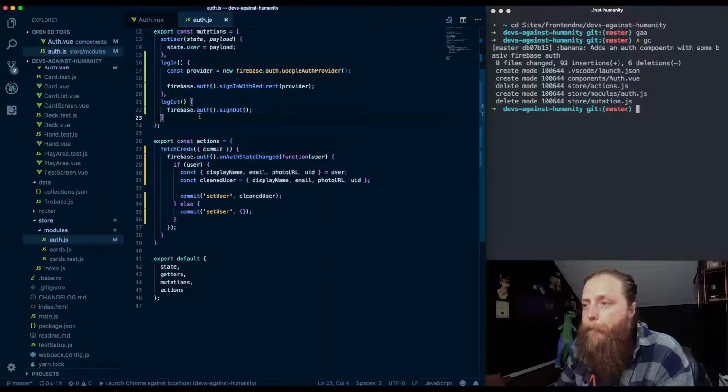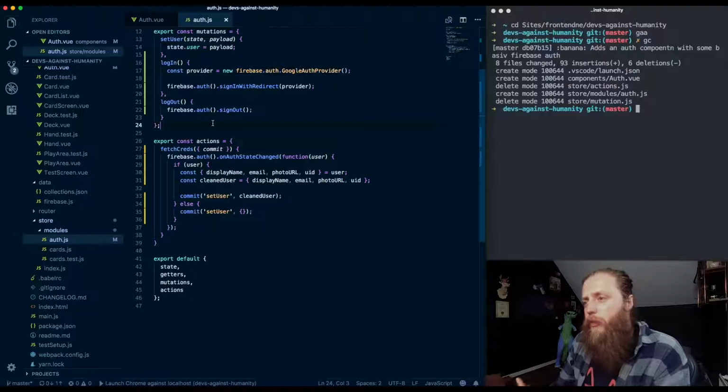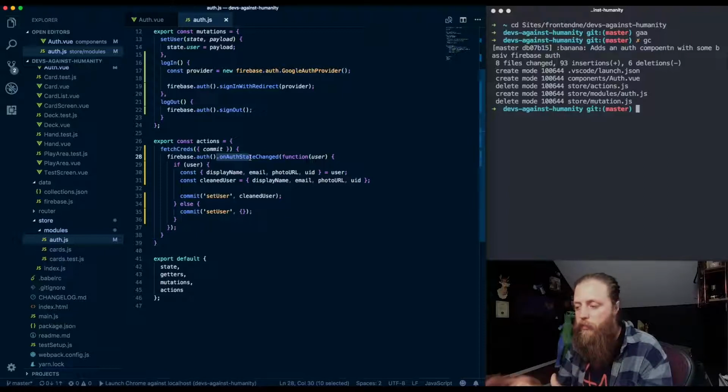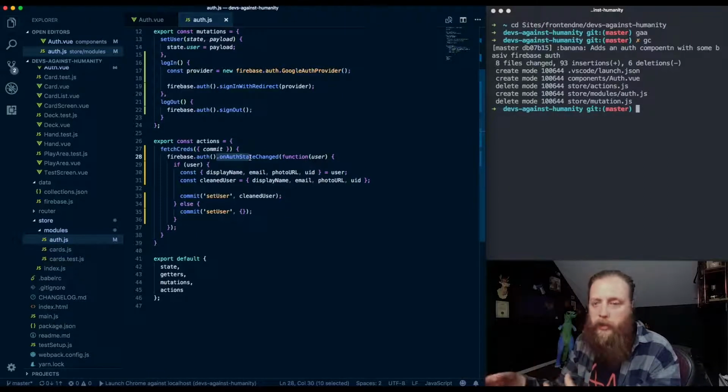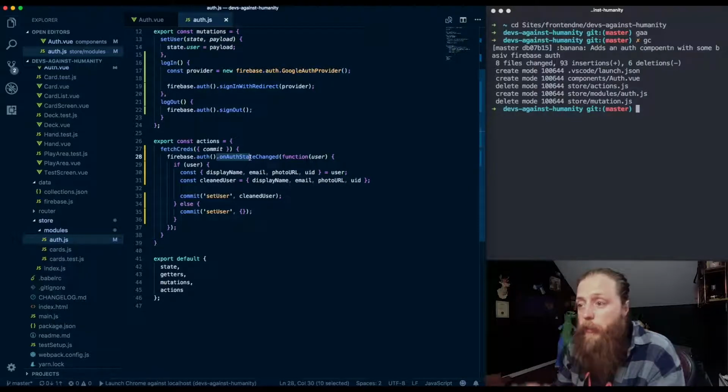So we have fetch creds. And what fetch creds does is, before we had sign in with redirect, and then we would try and pick up that redirect and do various bits and pieces, and it turns out we don't really need to do that. So what we do is we set a listener, same as we do when we connect to the database, and we set a listener to see if any of the data has changed, and then we handle that data. So much in the same way as that, we say, right,